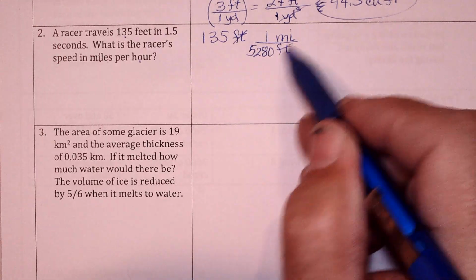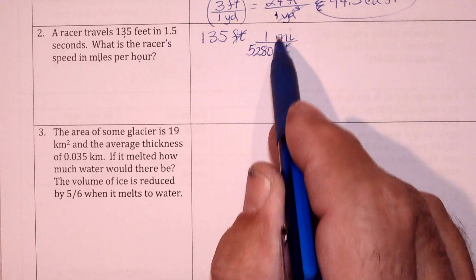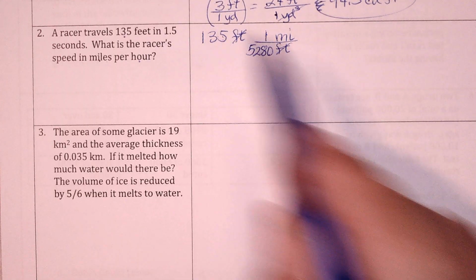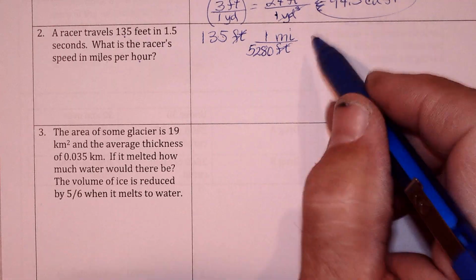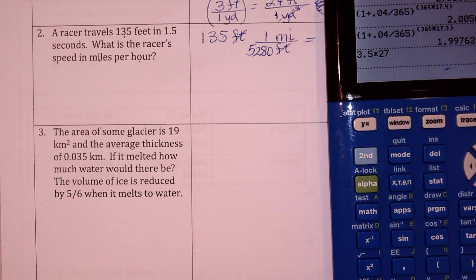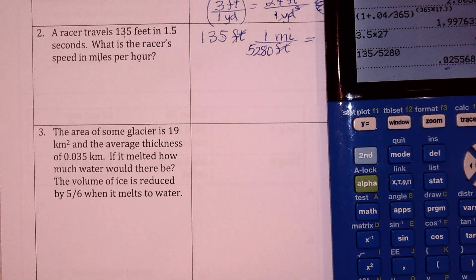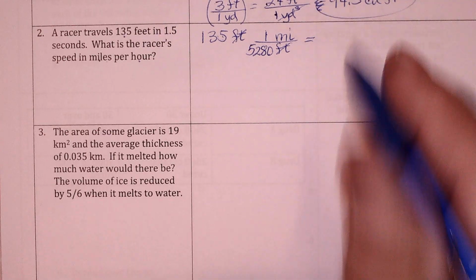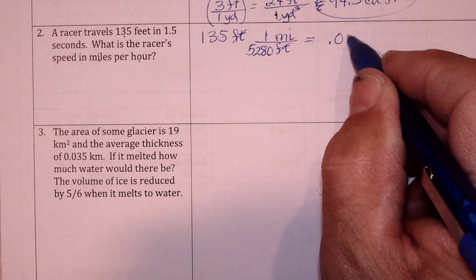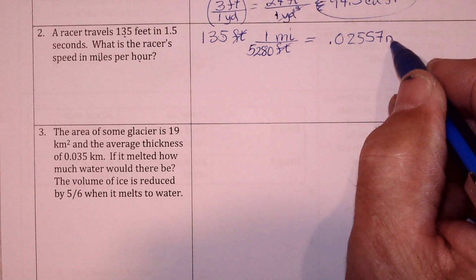So this would cancel. So I got to take this divided by 5,280, because that times 1 is just that, divided by that, and that'll tell me how many miles I'm going. 135 divided by 5280, going 0.02557 miles